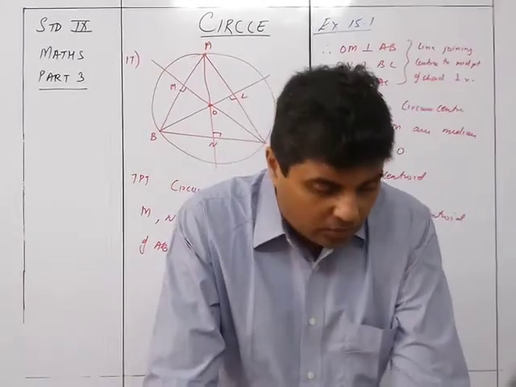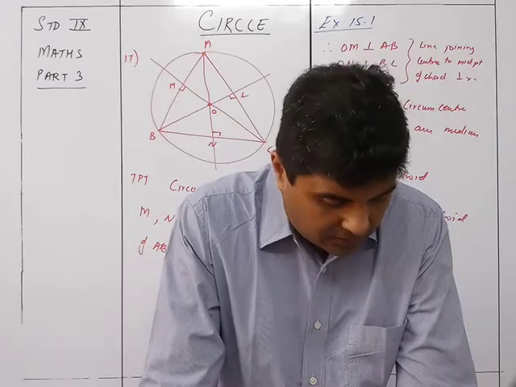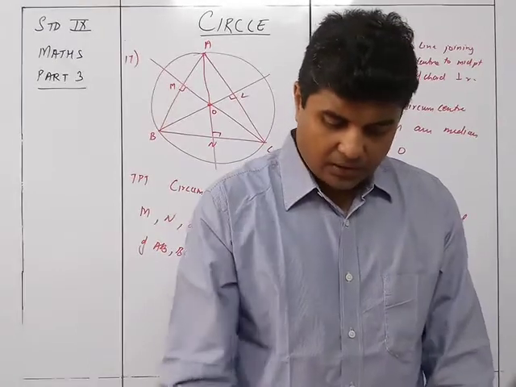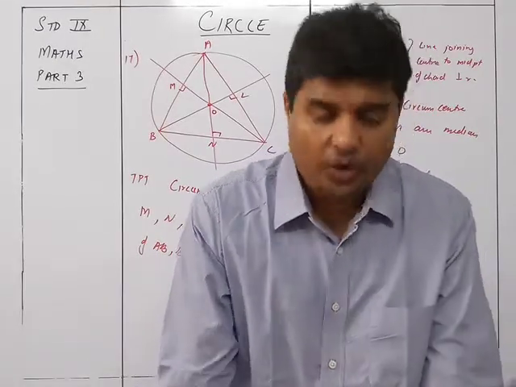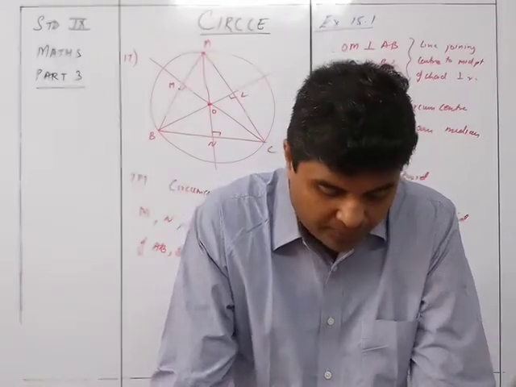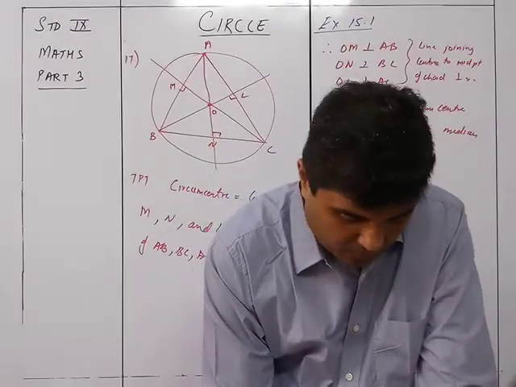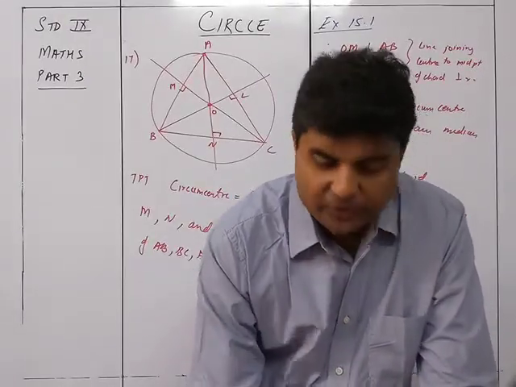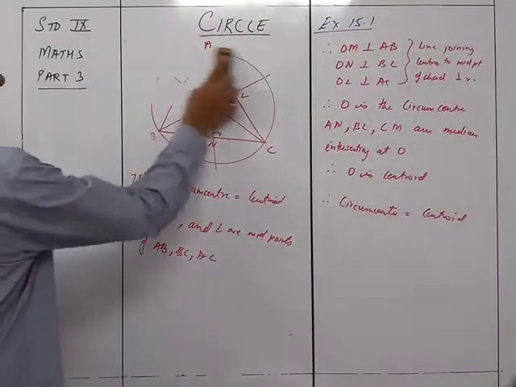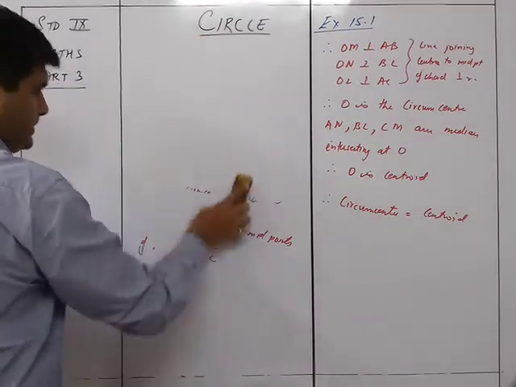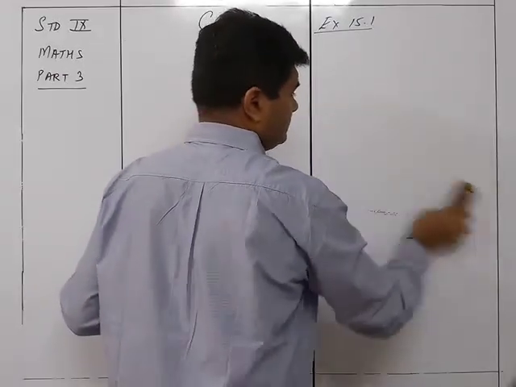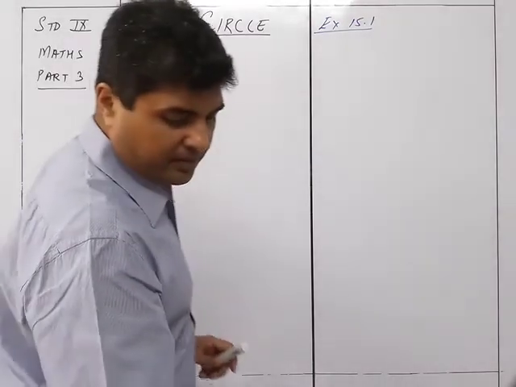We now move on to sum numbers 18, 19 and 20. I am going to do part B of all of them: 18B, 19B and 20B. And then there is one more exercise over here. So we'll do the 18 sum first and then we'll go to the next part. Sum number 18, second part. So we are doing sum number 18B.